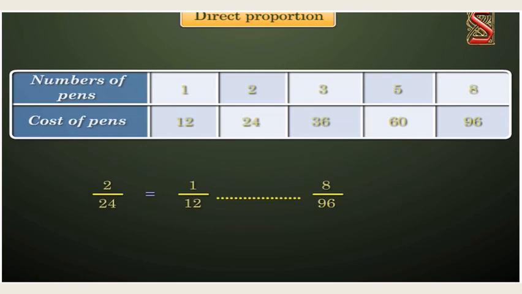So always remember, my dear students, D stands for direct proportion, D stands for division. So if division of two quantities gives us the same ratio, then they are directly proportionate. So any ratio you deduce, that is number of pens upon cost of pens, will always be the same, that is 1 upon 12. So when the division of two quantities is constant, it is called directly proportionate.